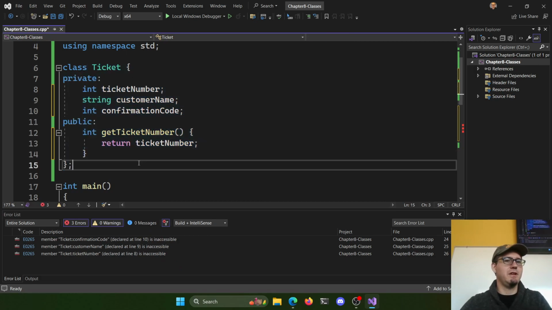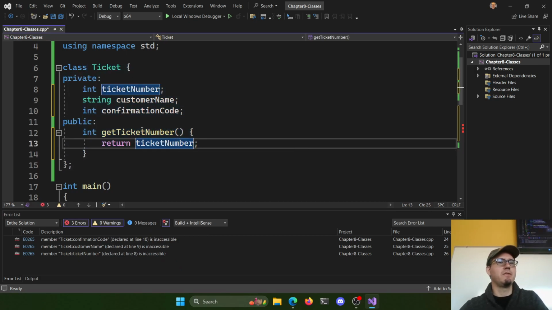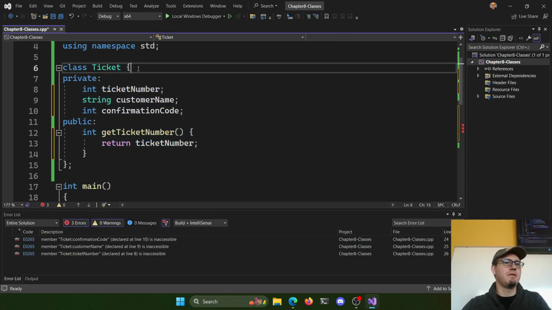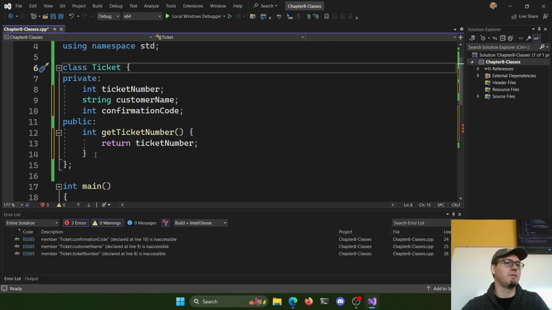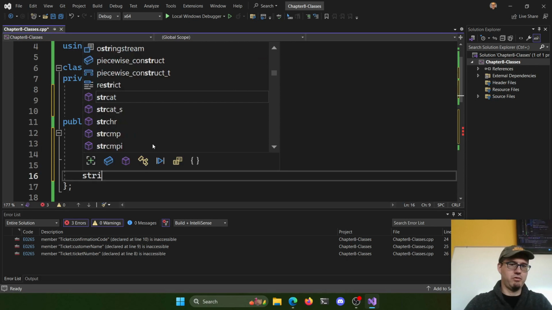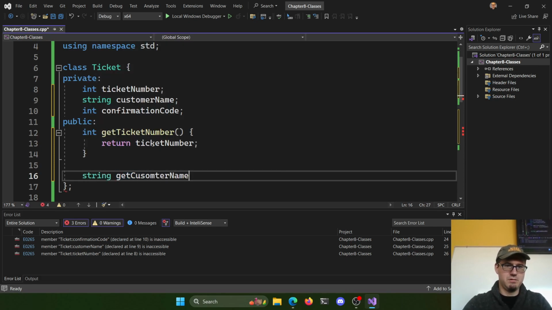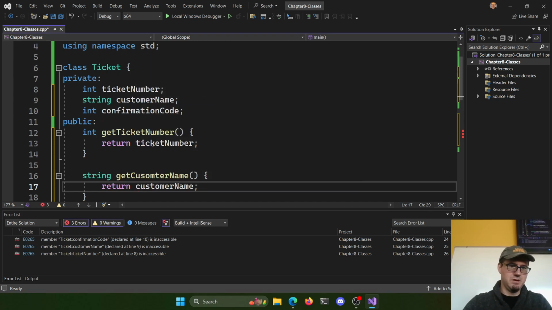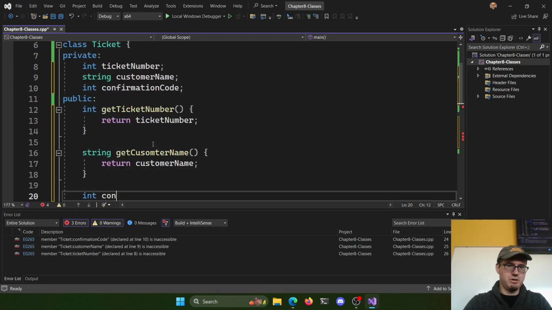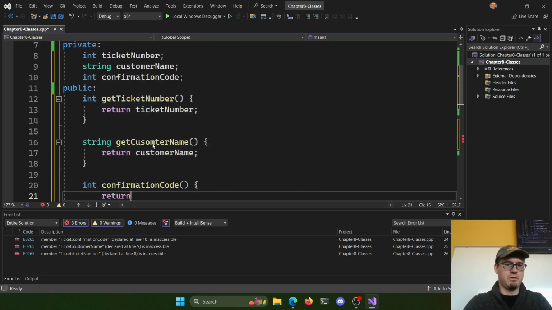So inside the class for ticket, I can return the ticket number because this ticket number attribute is accessible everywhere in my class, right? The scope here is this set of curly braces. It's accessible anywhere inside the set of curly braces because that's where I defined it. And then I'll have a string for get customer name, and we'll return the customer name, and we'll have an int for get confirmation code that returns the confirmation code,